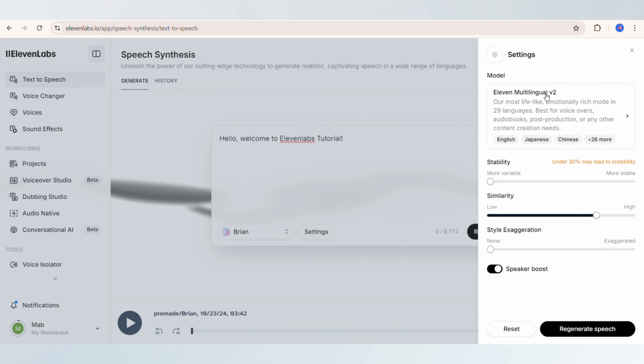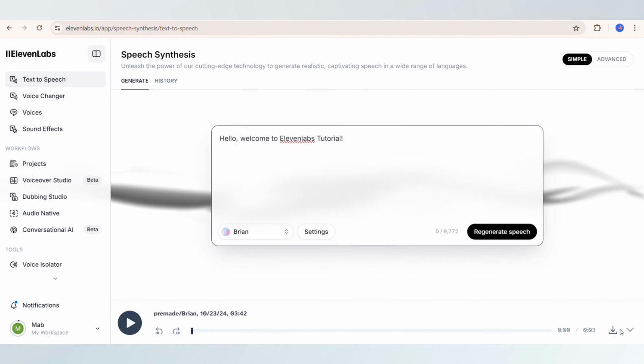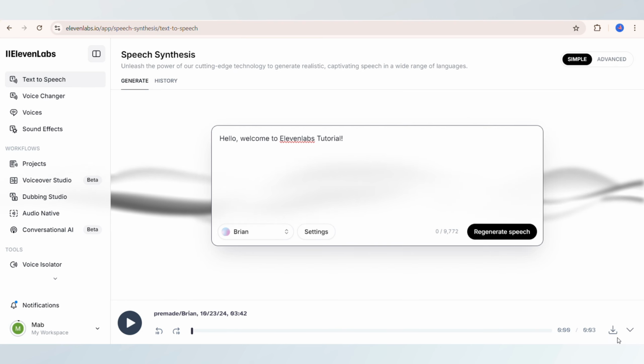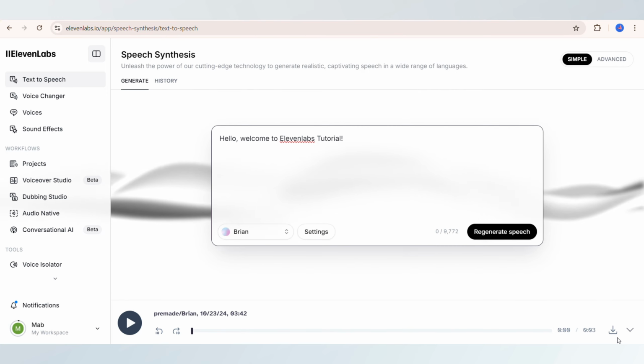Adjust the slider to a lower setting, which will slow down the voice output. It's a good idea to preview the audio before adjusting the speed to make sure the pace fits your project's